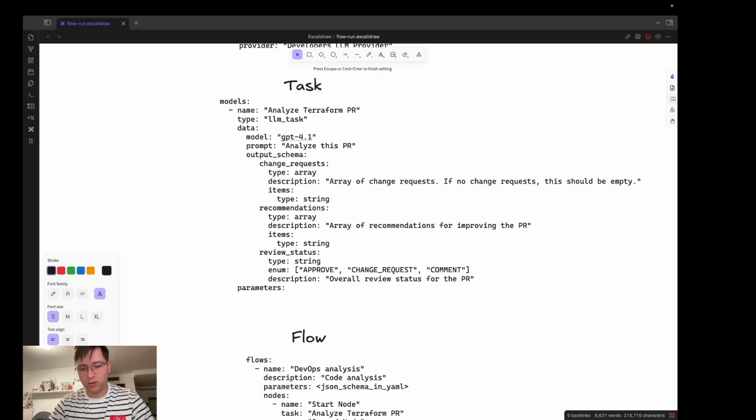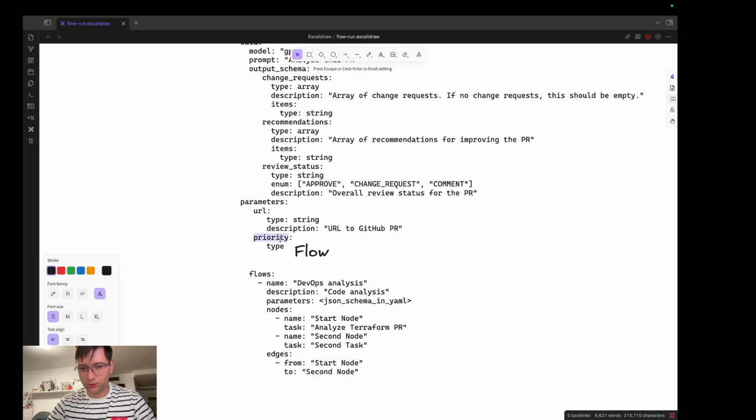Let's say URL, type string, description, URL to GitHub PR, author, not author, let's say priority,